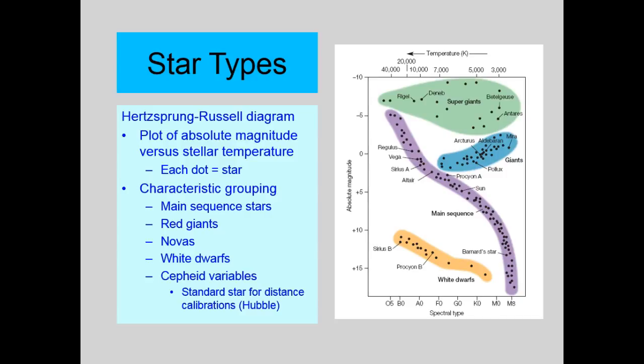And you plot that. Absolute magnitude versus the temperature. And I believe that is the surface temperature, if I'm not mistaken. Okay? And every star is represented by a dot here. Now, you wind up with most of what they call the main sequence stars in here. Sort of a purple eel here in the middle. The Hertzsprung-Russell diagram puts all the main sequence stars there. Our sun is right there in the middle